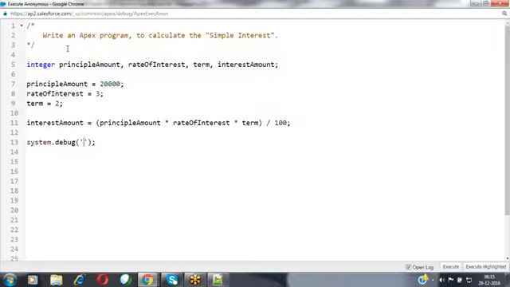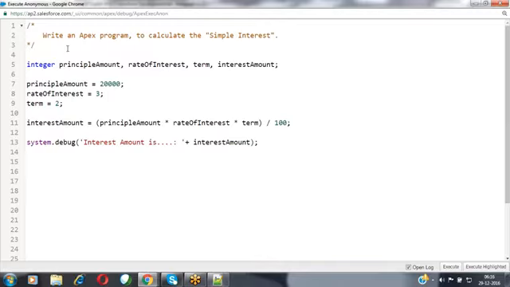So for that, I'm using the system.debug method. Interest amount is, and I would like to show the interest amount value here.